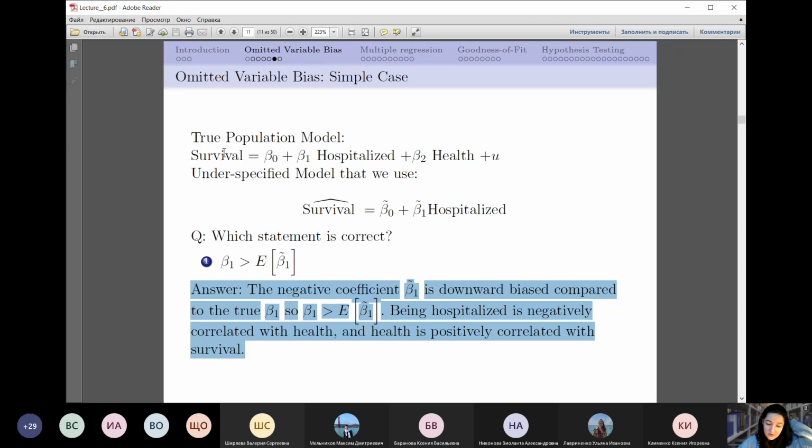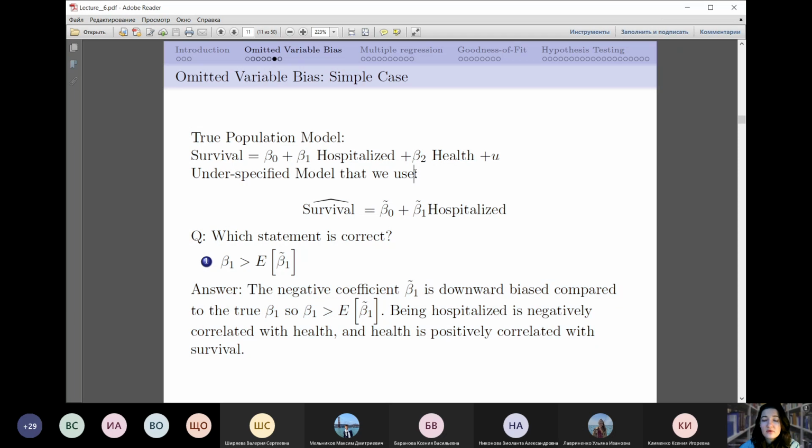This is really very important. The omitted variable bias is an important topic in any kind of models, not only in multiple regression models when we use the ordinary least squares method. This is a basic thing which you should remember in every model. Okay, I hope that your silence is a sign that you understand